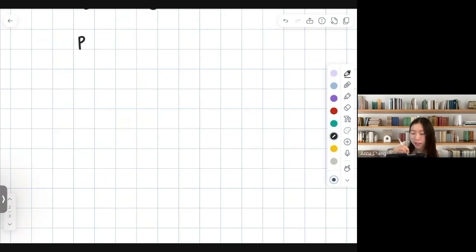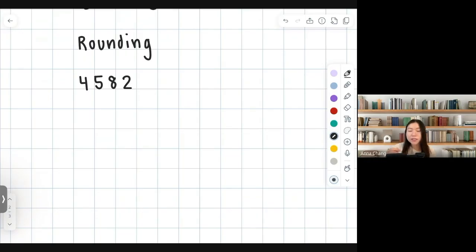Another important skill is rounding. Let's go ahead and try rounding 4,582 to the nearest hundred. Remember, our hundreds place is the third digit to the left. What we do when rounding is we actually look one place to the right. So we're going to be looking at the tens digit. If the digit here is 5 or greater, we are going to round up. Okay. In this case, we have 8, which means we do round up. We would round this value to